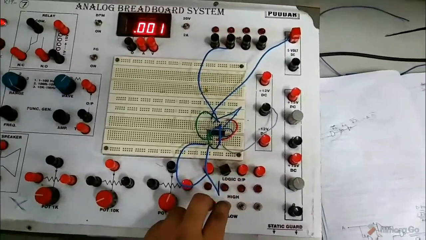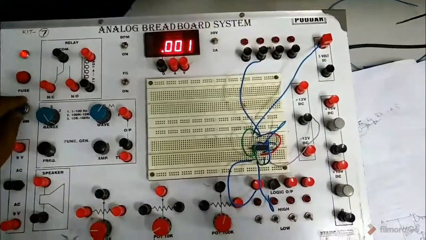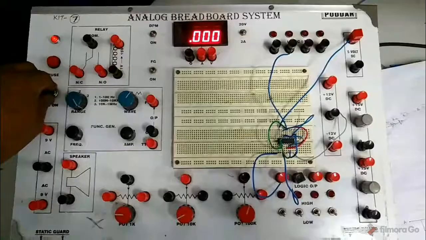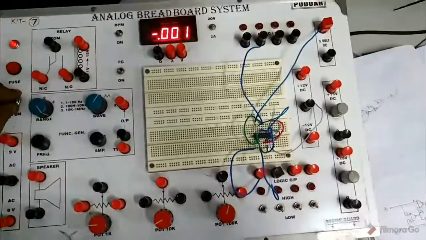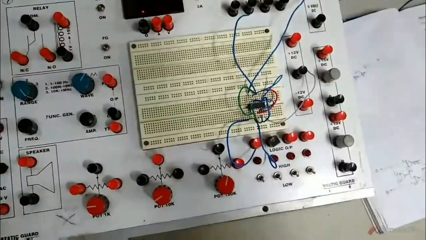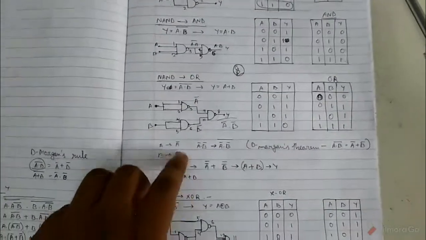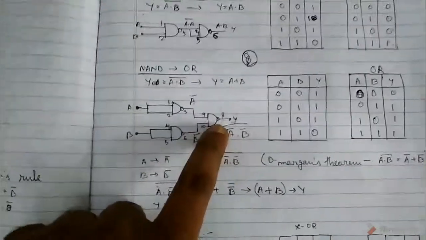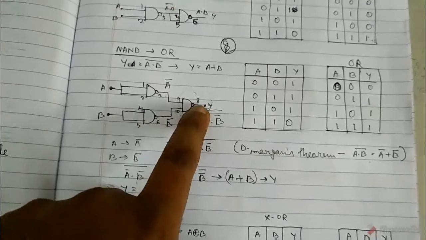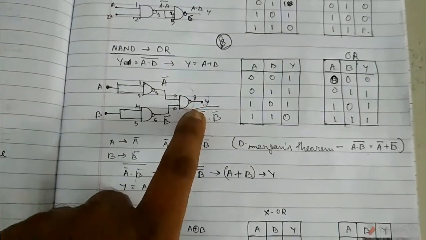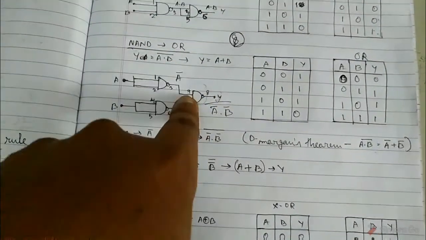And this was all about the universal gate, that is, the NAND gate. And you can design the NOR gate also. You can design all these basic gates using the NOR gate also. I have not shown you the construction of the NOR gate using NAND gates, because if you apply one NOT gate at the end of the OR gate, you can have a NOR gate using NAND gates also. I have not shown that.